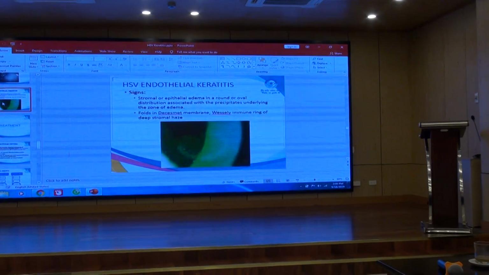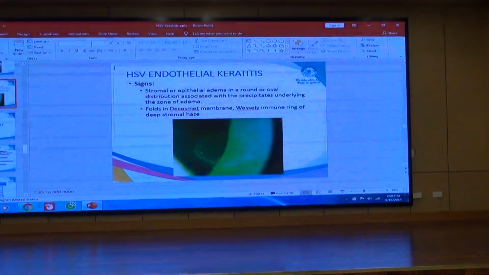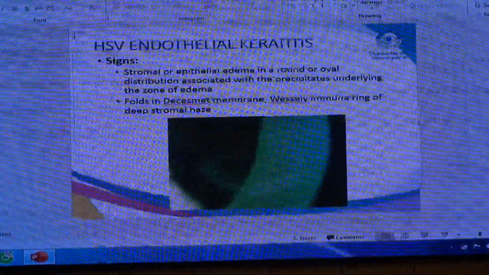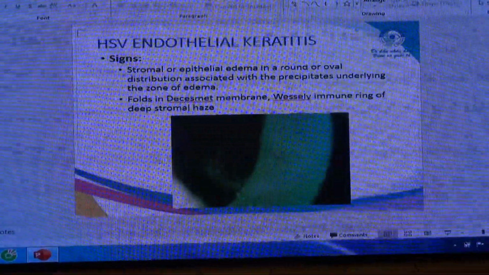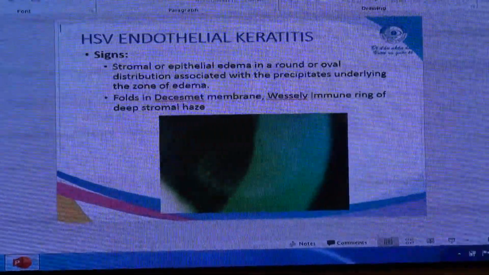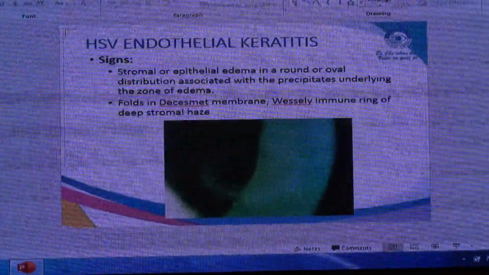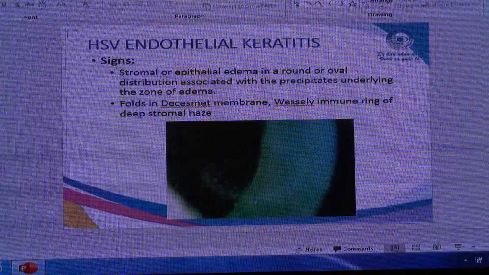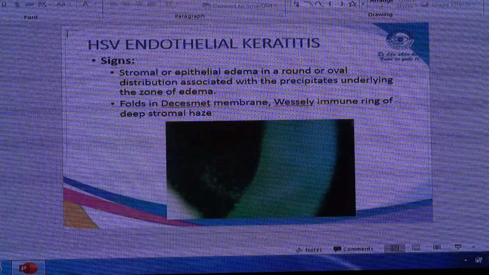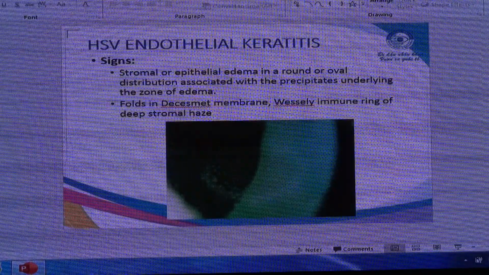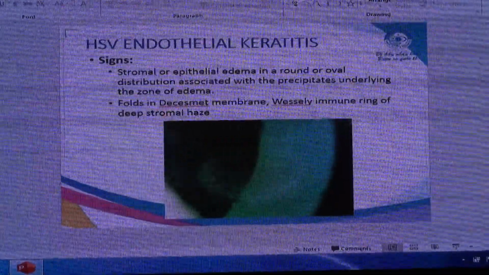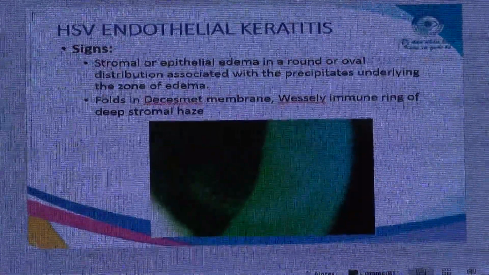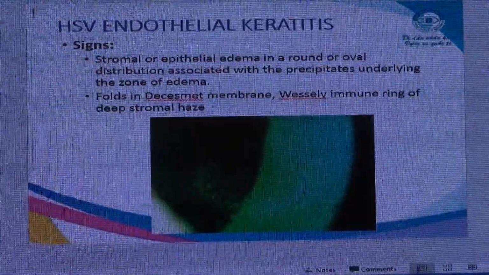I think the signs are quite clear, because in endothelial keratitis the stromal or epithelial edema is shaped round or oval. We also find keratic precipitates, but without any sign of anterior uveitis. We do not find cells or flare in the anterior chamber. And in endothelial keratitis, the patient will also have a white-free immune ring in the stromal haze,